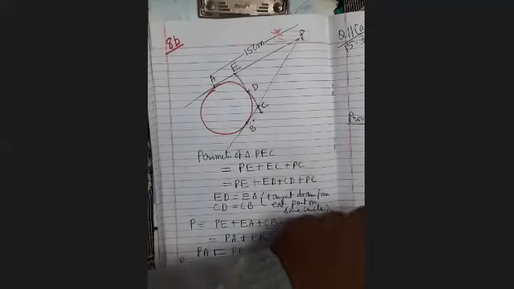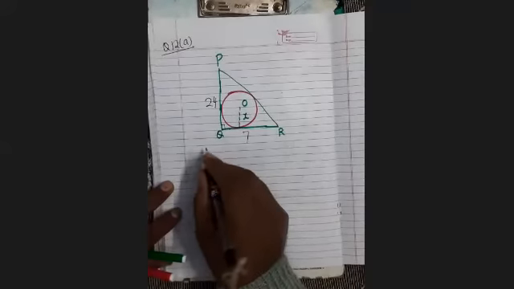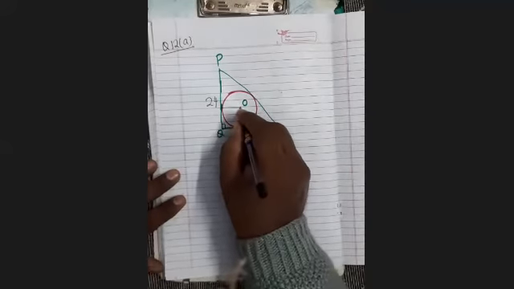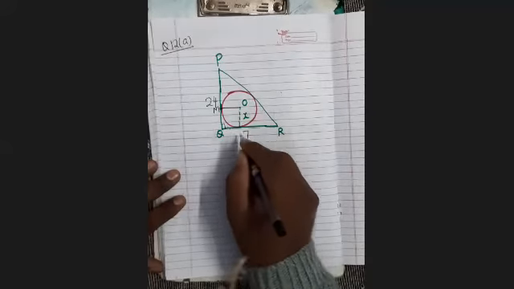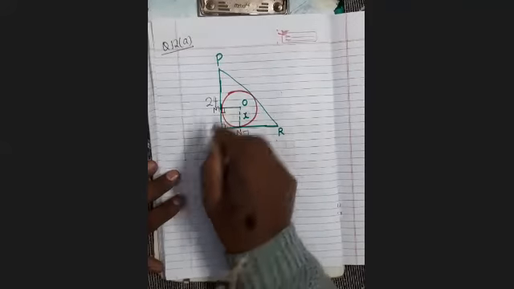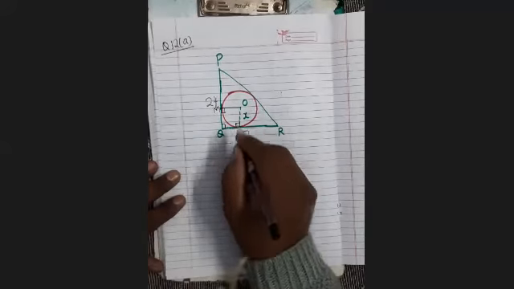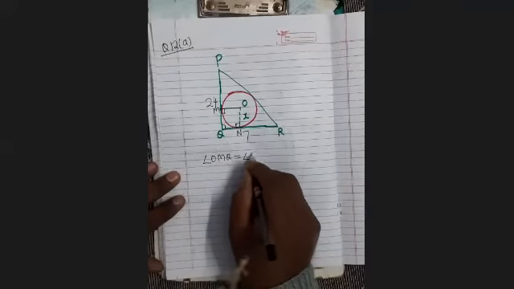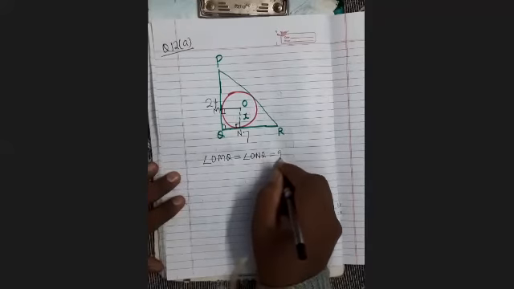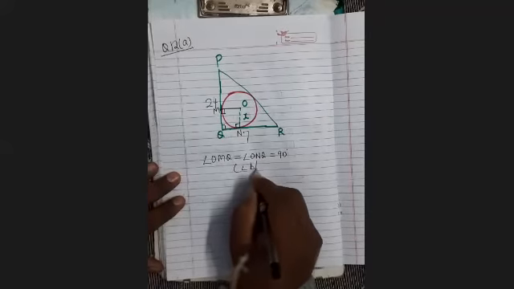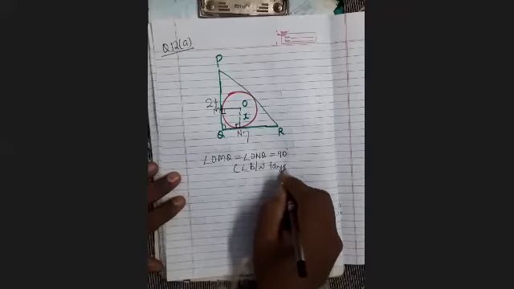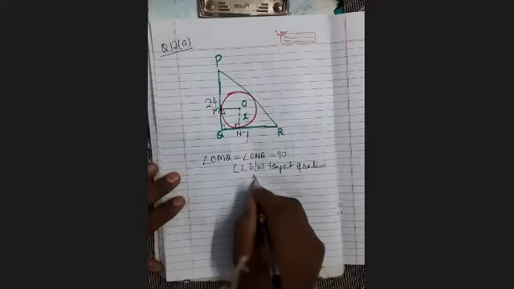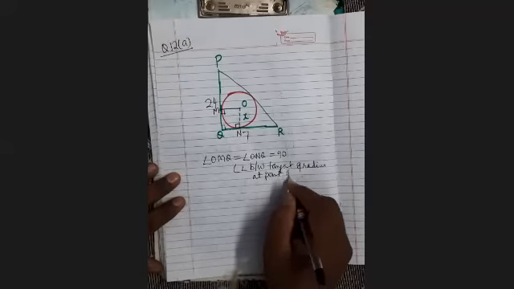So you can see here, let the radius of the circle be X. Here I have taken the radius of the circle as X. You join this, you can name M, and this you can name as N. What will be angle OMQ? 90. Angle ONQ 90. Angle OMQ equals angle ONQ equals 90 degrees, angle between tangent and radius at the point of contact.